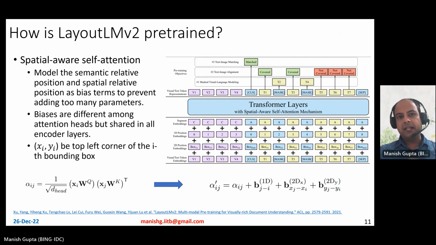So now that we understood how the text, visual, as well as layout encoding are done, how is LayoutLMv2 pre-trained? Okay, so this is the input, and of course, LayoutLMv2 is also a transformer model. So there are going to be several transformer encoder layers. However, in this pre-training, there are two important aspects. One is the transformer layers with this spatial-aware self-attention mechanism, and the other is the pre-training tasks. We'll talk about pre-training tasks in the next slide, but let's talk about this small architecture difference, which has the spatial-aware